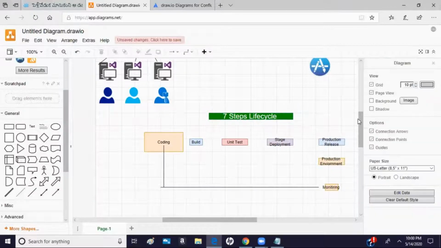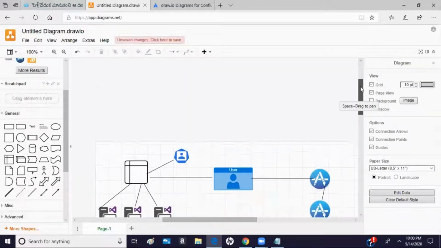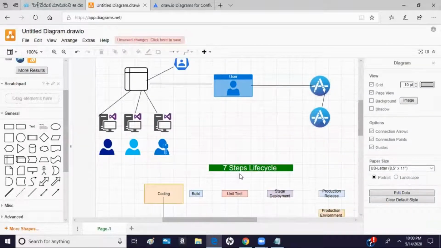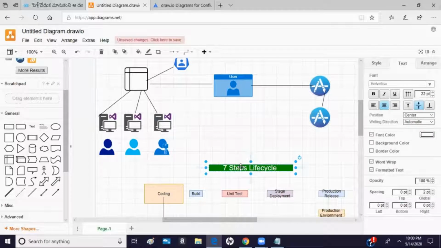So what is the first one? First one is the current practices, correct? What is the second one? Second one is the practice flow.